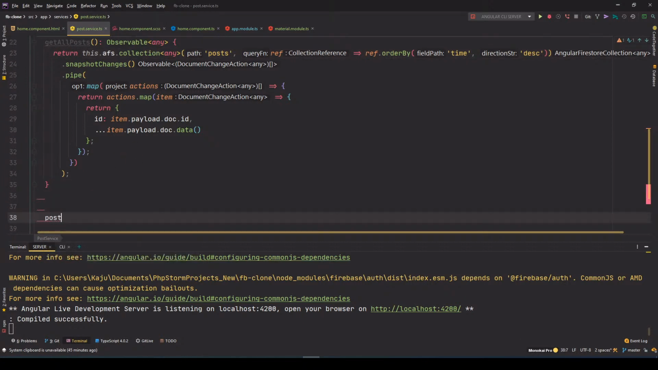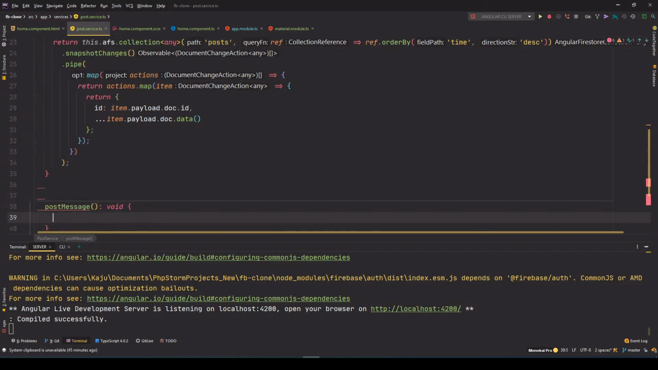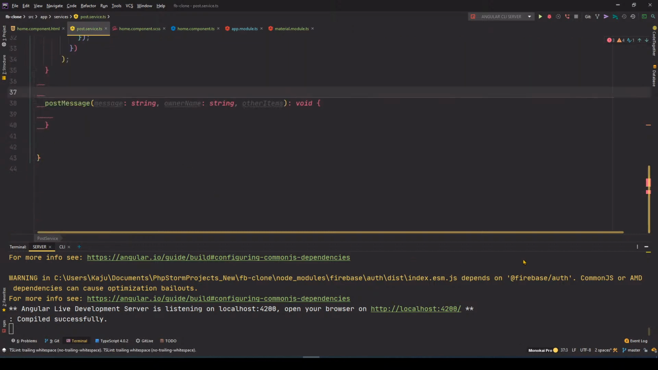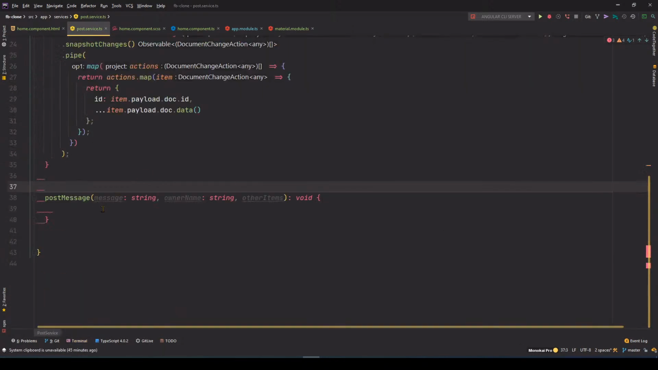Next I have a post message method. This will be of type void, and it will take some parameters. The first one is the actual message in the form of string. Second is the owner name in the form of string, and any other items that you want to pass. Okay, let me minimize this,